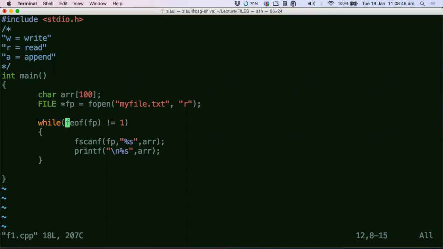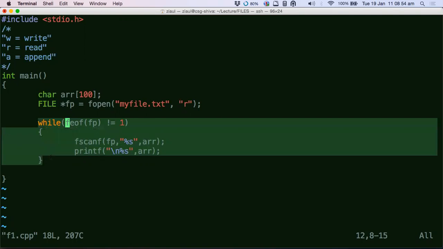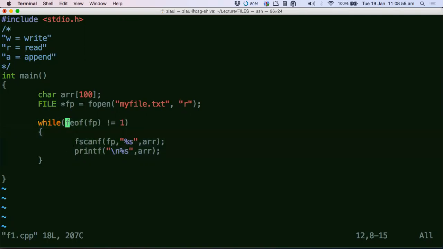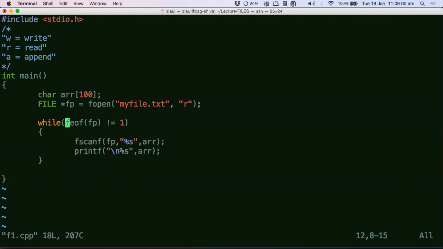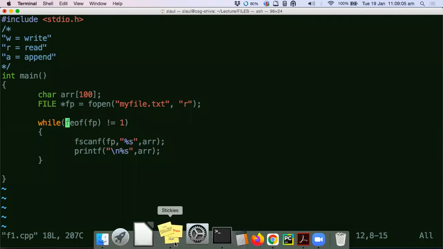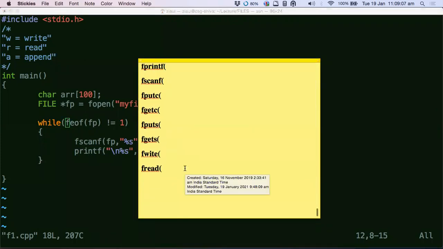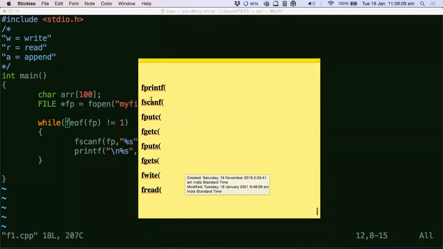So is this concept clear, guys? This is the standard loop which you will use to operate with files most of the time. These two functions could change. I mean, there are other functions actually. Instead of fscanf and fprintf, there is a list of functions. If you see this list here, there is fprintf, fscanf, there is fputc, getc, puts, gets, fwrite, fread.